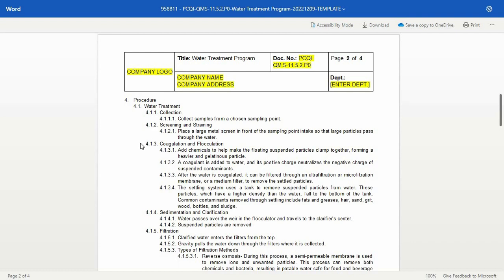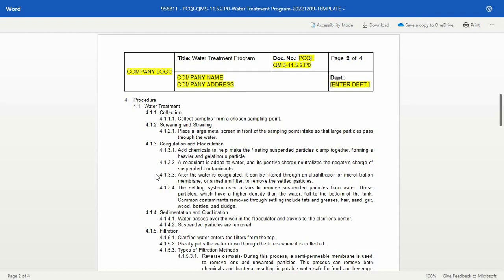Third is coagulation and flocculation. Add chemicals to help make the floating suspended particles clump together, forming a heavier and gelatinous particle. A coagulant is added to water, and its positive charge neutralizes the negative charge of suspended contaminants. After the water is coagulated, it can be filtered through an ultrafiltration or microfiltration membrane or a medium filter to